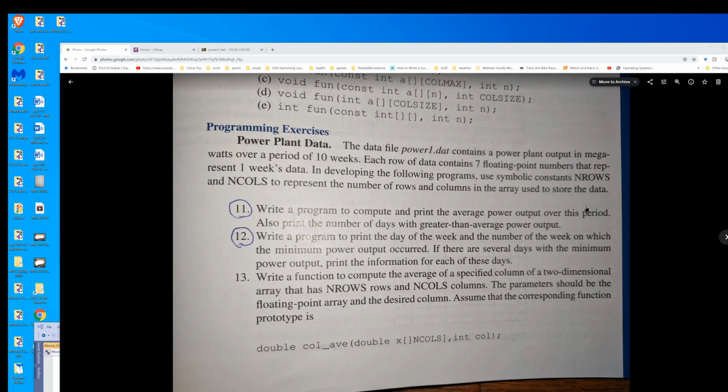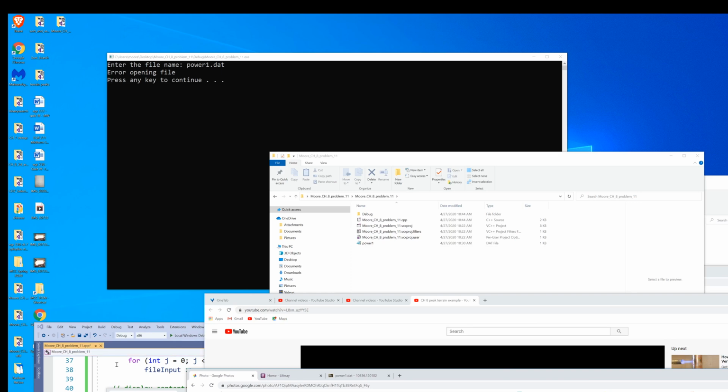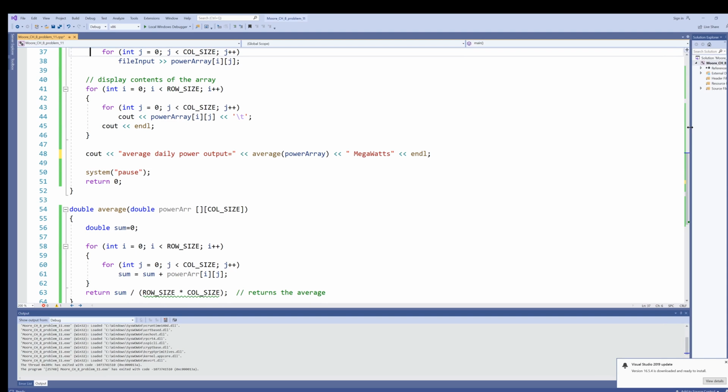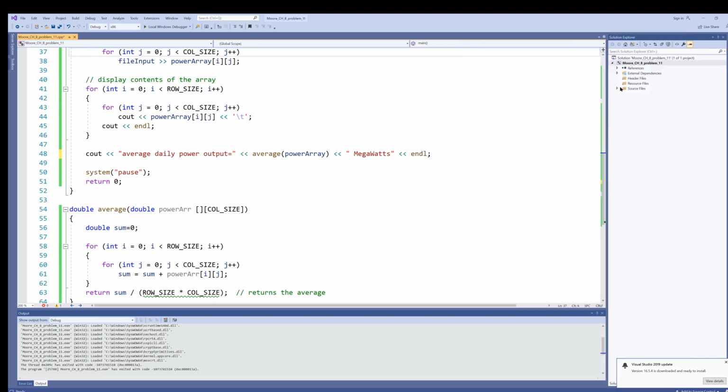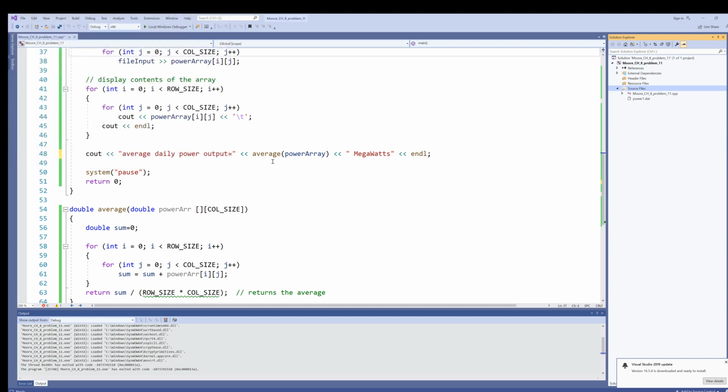And the second part of this, we need to print the number of days with greater than average power output. Okay, so we'll do that. All right, one more thing we'll do here. Back to my project, I'm going to go over here to source files, right click, add existing item, and select power1.dat. Select the actual file, and oh,